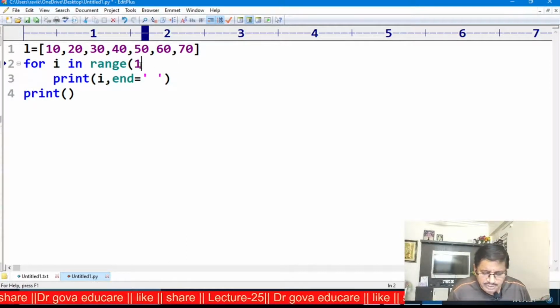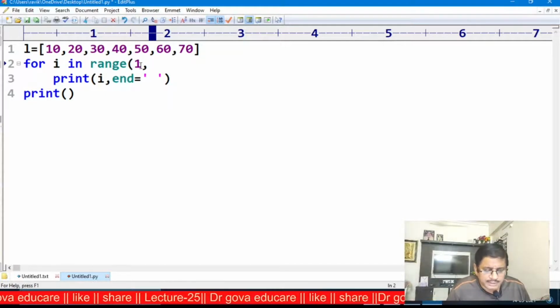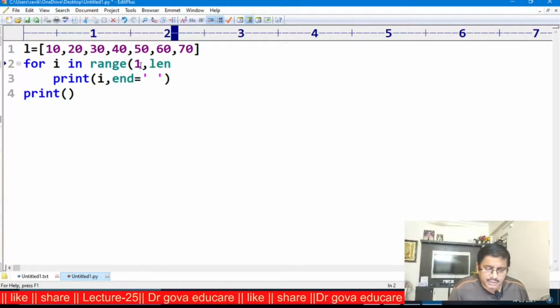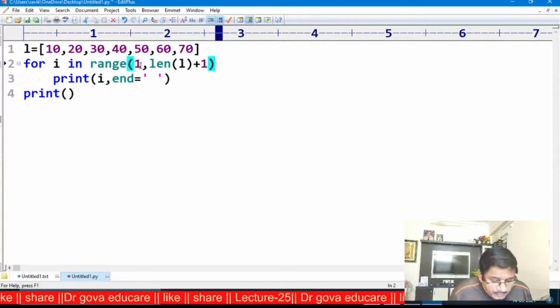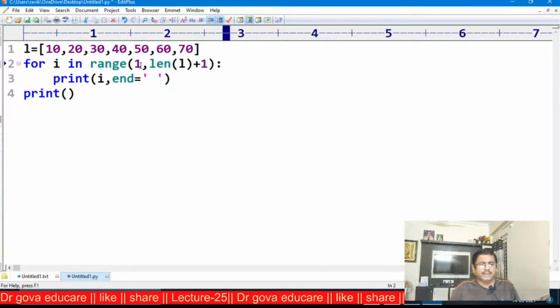Now I am starting I is equal to 1, up to the length of L plus 1. Observe here, I takes 1. What is the length? 1, 2, 3, 4, 5, 6, 7. Now, the range is 7 plus 1, 8. The range is 1 to 7 only. That is, I takes 1 to 7.